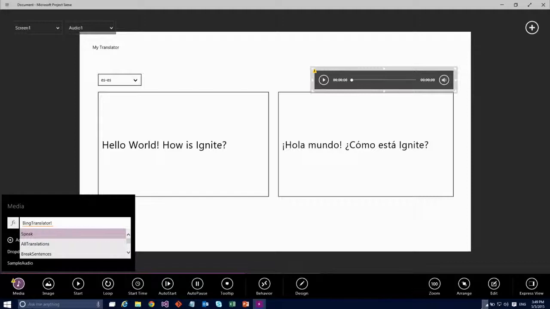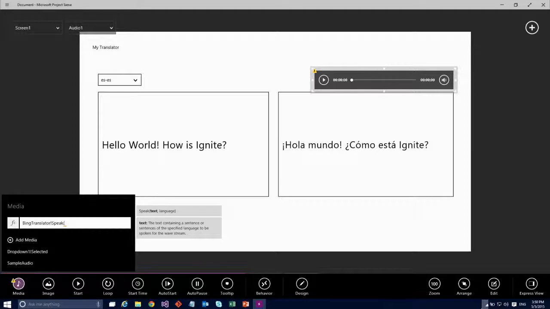Now, right off the bat, you might be saying that IntelliSense list looks suspiciously nice, that the function I want seems to always be at the top, right? Well, the reason for that is that I've got an audio control here. That means that the input to an audio control is going to be an audio type. We know, because of the WADL definition, that we maybe talk about a little bit later, the type of data that everything returns. So Siena can suggest, well, you have an audio control, you're probably going to want to put audio into it. The speak function returns audio, so why don't we suggest the speak function? And that's why that one's up top.